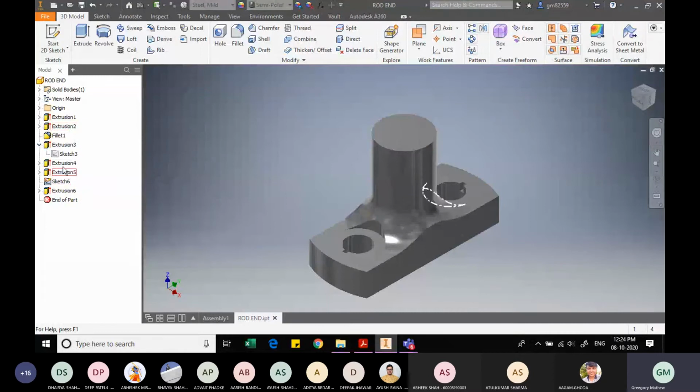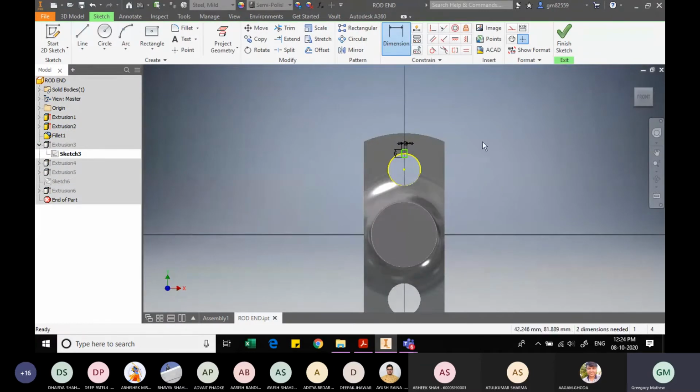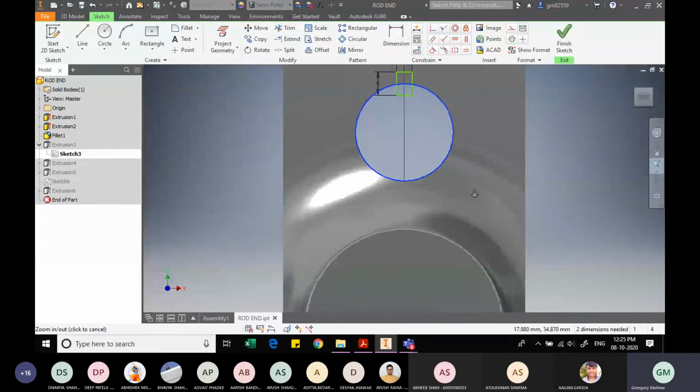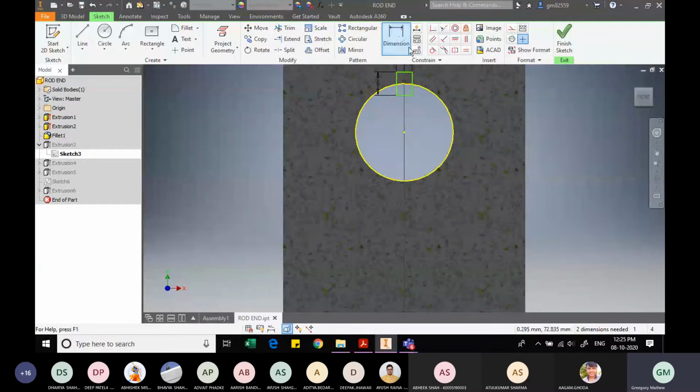Let me check the size here. Yeah, the distance between this center and this center. Let me zoom in.